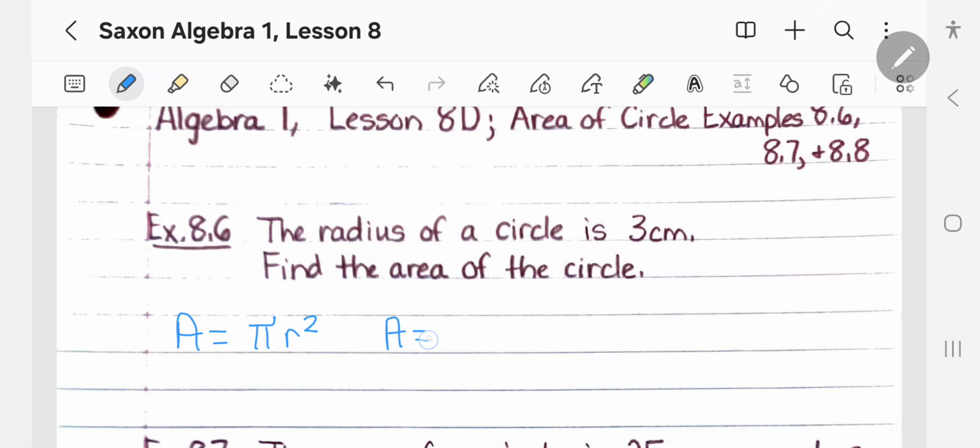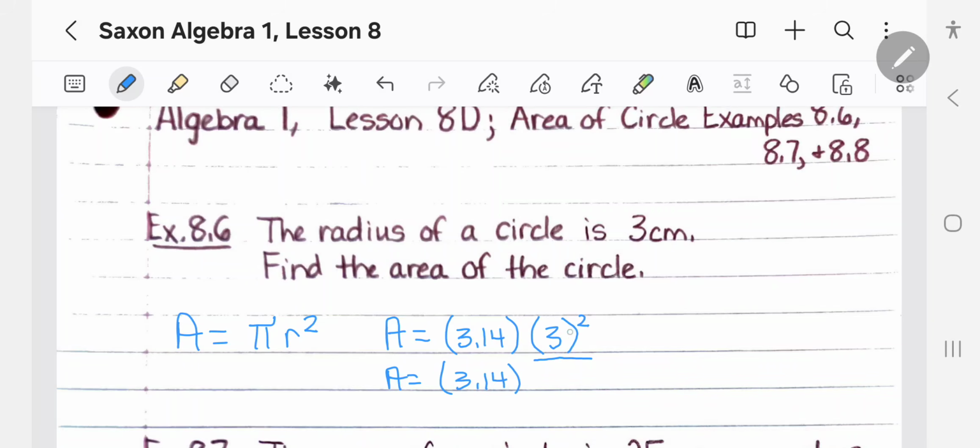The area then is equal to pi, which we're going to use 3.14 to approximate the value of pi, and then the radius, which is 3, and then it's going to be squared. Now it's important to know that to do this calculation, you have to do the 3 squared first. That's because of order of operations that says you do your exponents before you do multiplying and dividing from left to right. We haven't formally reviewed that this year in Algebra 1, but you have had that in the past. So just a reminder,